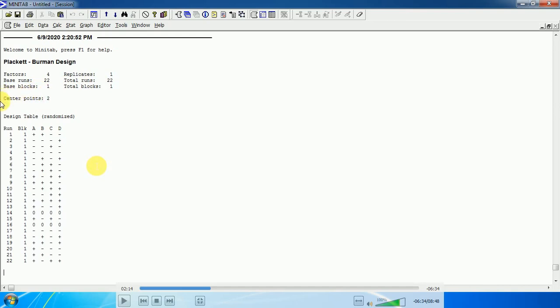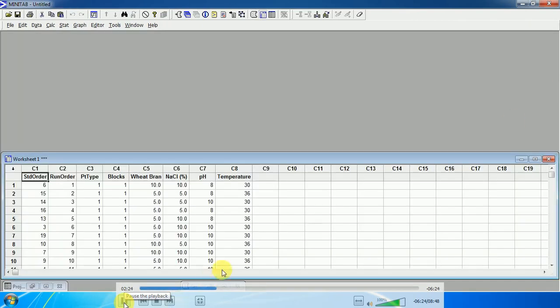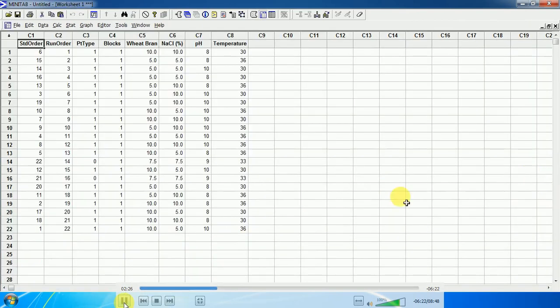These are the 2 center points, and these are the 22 runs, and these are the matrices of every run. So we will go ahead, and then we will see that this is the design matrix in tabular form.